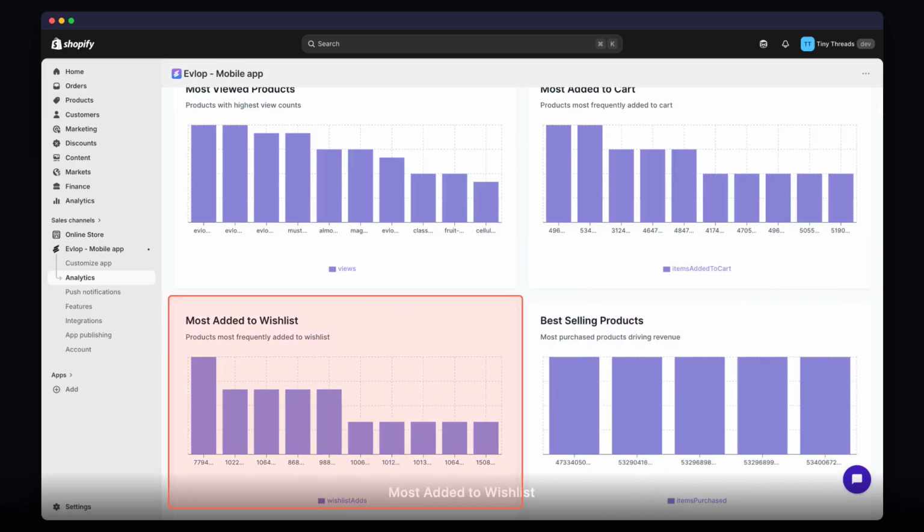The Most Added to Wishlist chart reveals which products your customers are eyeing for future purchases. This is a great way to gauge long-term interest and identify items that shoppers are waiting for the right moment to buy. And finally, the Best-Selling Products section shows you which items are actually driving your revenue. Seeing your top-performing products helps you understand what's resonating most with your audience and where your biggest sales are coming